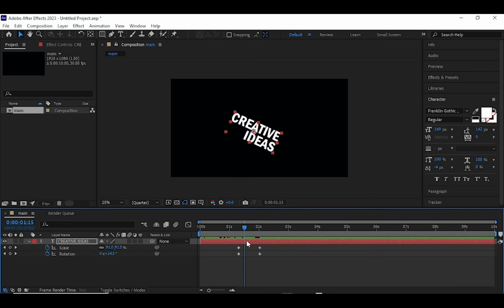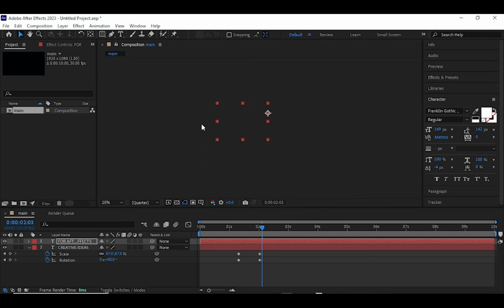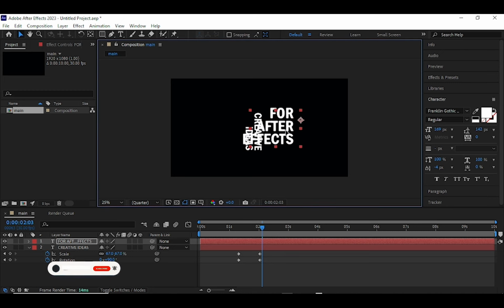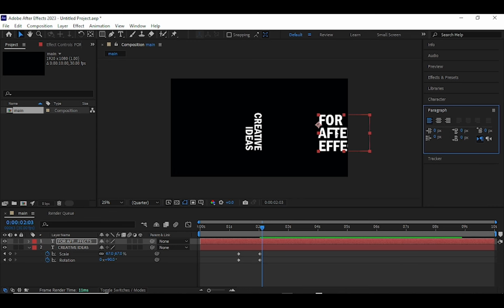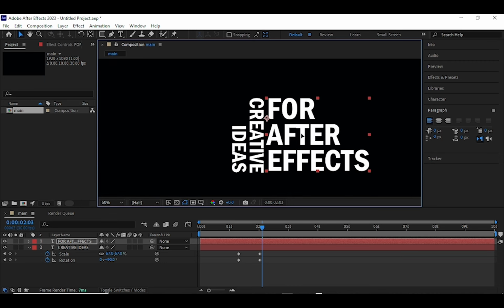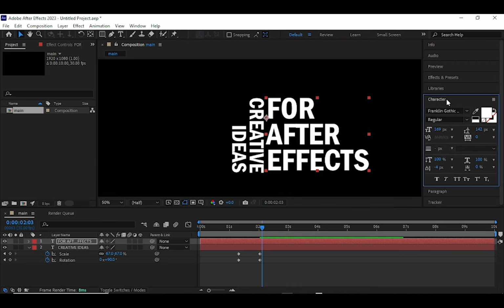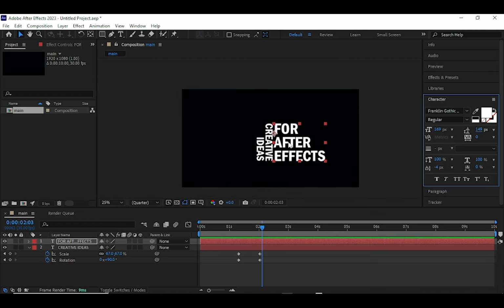Now the next thing to do is to introduce the second text. Now the second text will be, let's say, After Effects. And then move it to this end. We can also use the paragraph to align it properly. Move it to this end, and it's also important to ensure that it aligns properly with the line of the first text. We can go to character, use some of these features here to adjust the text, or use the move tool to do that. So what we would want to do here is to introduce this text from this end,